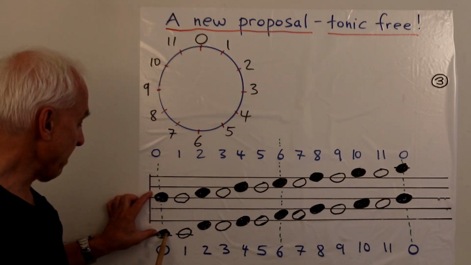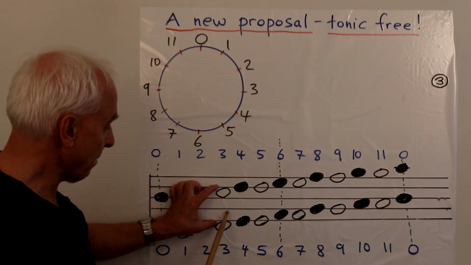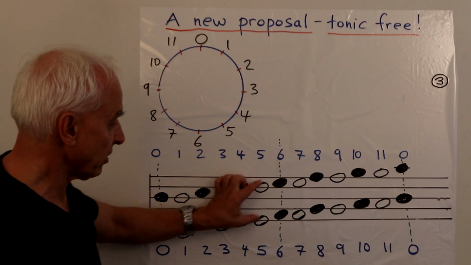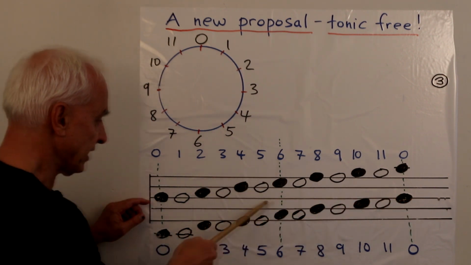And that's very easy to remember because we're just going up 3 lines. Or if we started on a space, we're going up 3 spaces. That's an octave. All of these are octaves. So the entire pattern is repeated. So this note here is the same as this one here.